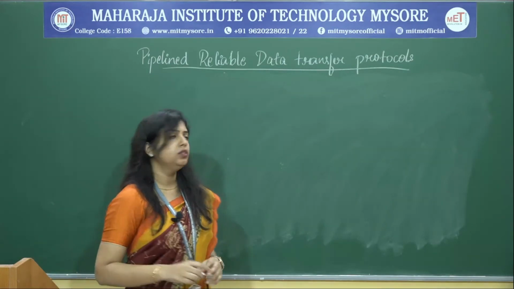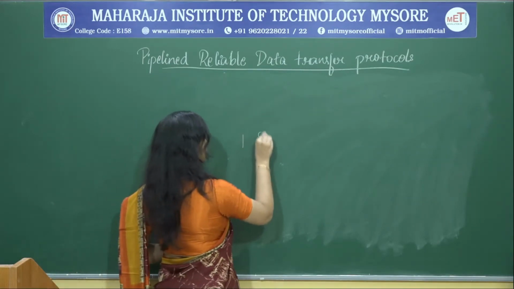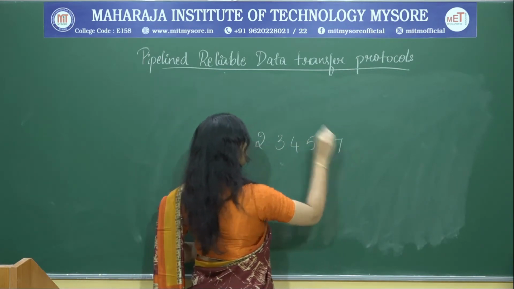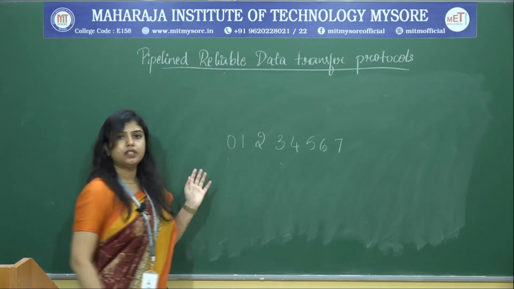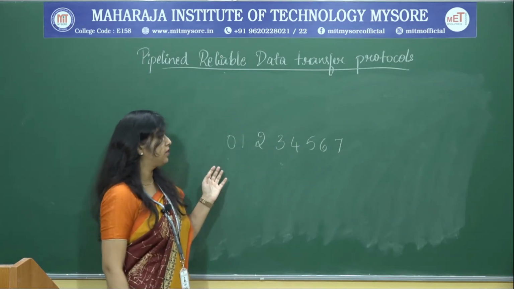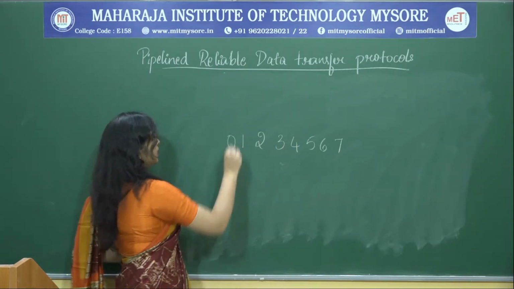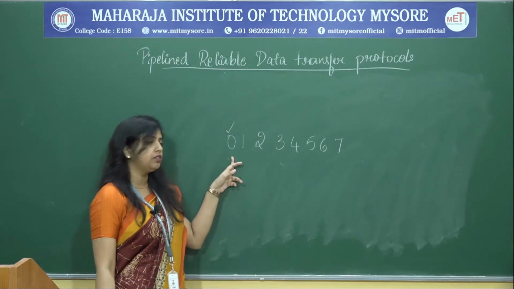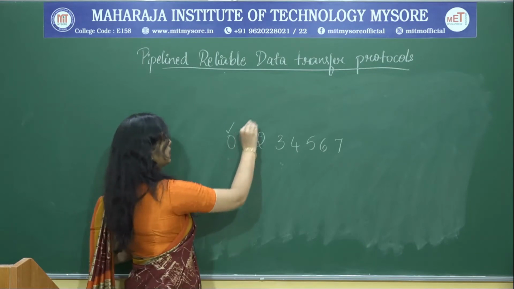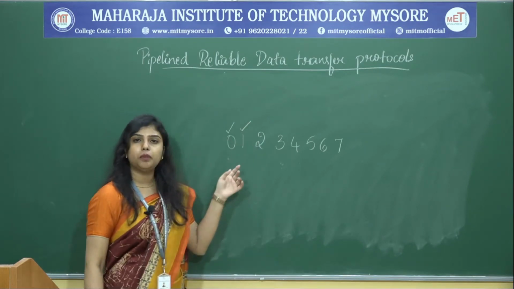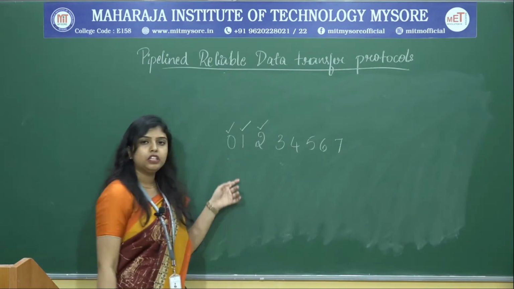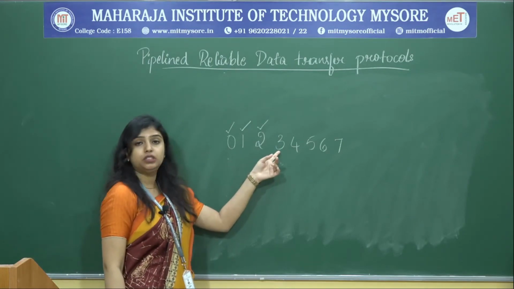Now, before we move on, let us look at these sequence numbers. Let us suppose these are the sequence numbers being sent from a sender to the receiver. Packet 0 is sent and the acknowledgement is received for packet 0. Packet 1 is sent and the acknowledgement for packet 1 is also received. Packet 2 is sent, acknowledgement is also received, but packet 3